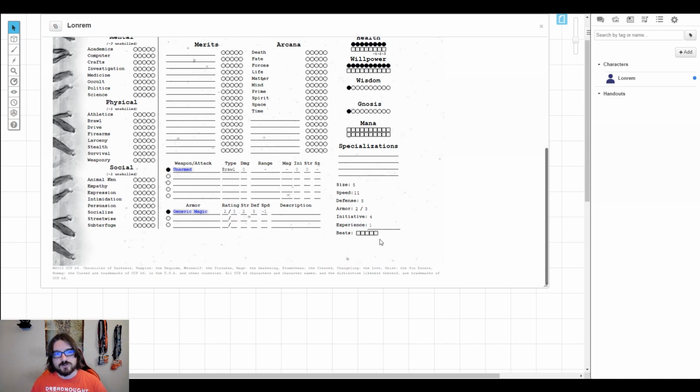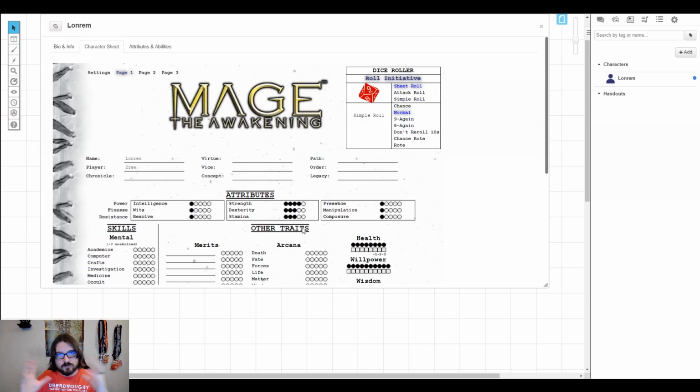Yep. And it's just the limit of the fact that we're using this whole kind of catch-all character sheet, which I will bring up real quick. If you are literally only playing Mage, there might be a better character sheet. That other one that we talked about earlier, that's Mage the Awakening 2E, that might be better,